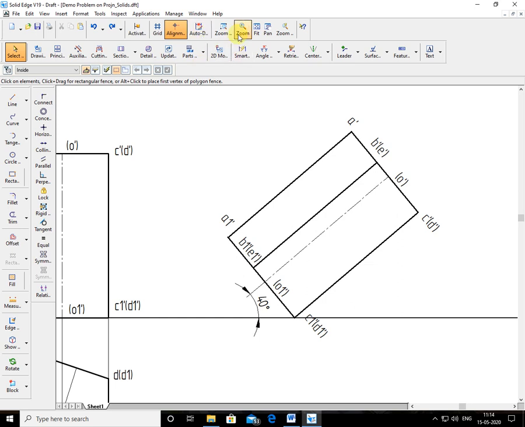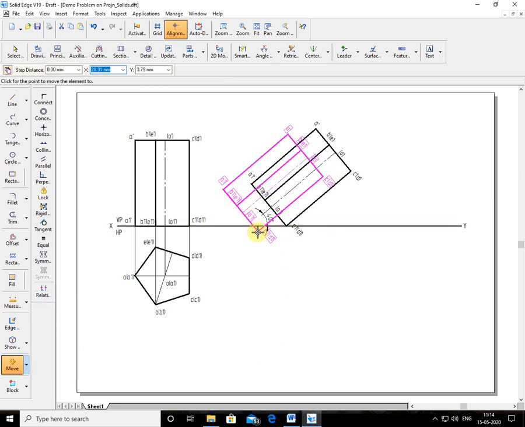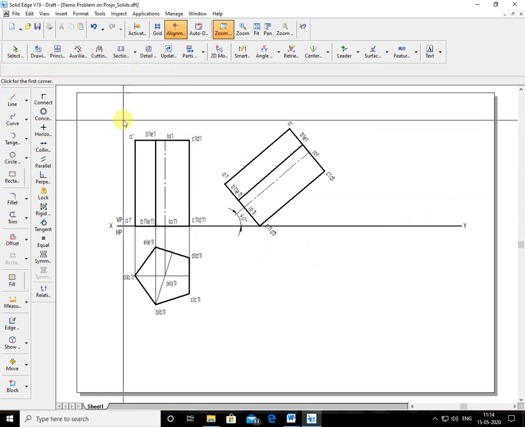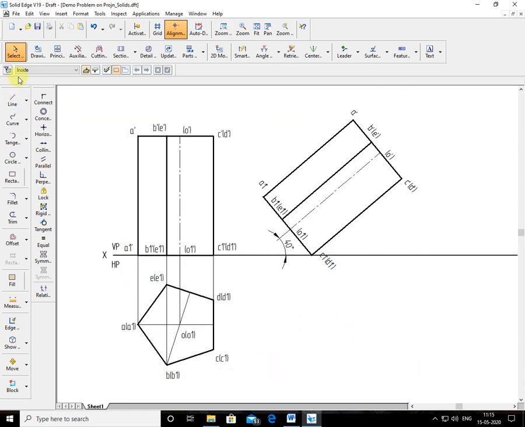Now I'll fit to the screen. Now it has gone too much. This figure has gone, the gap is more here. So this adjustment also you should know. I'll move it, so I'll bring it here. Just bring it because I'm not changing anything here. So I'll keep it here conveniently, so I'll get space here. Now I'll zoom the area, my working area. For the time being, I'll remove this angle because I want to show it with clarity.